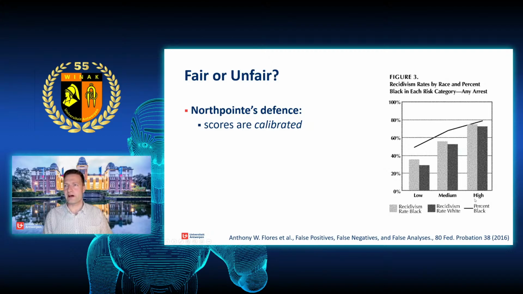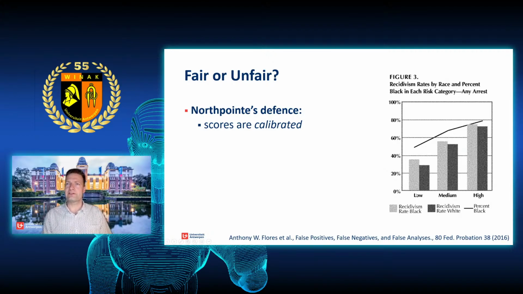So if you're in the high risk category, well, it's not racist. It just means around 76% probability of recidivism, independent of your ethnicity. The same in the medium category, and then it's like 55. In the low category, it's still quite high. The system is not perfect, and there it's like 53%, let's say.